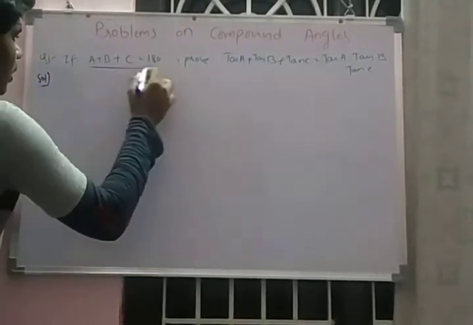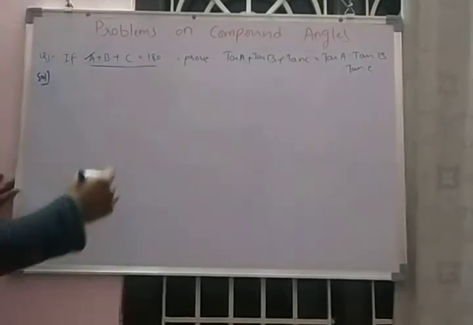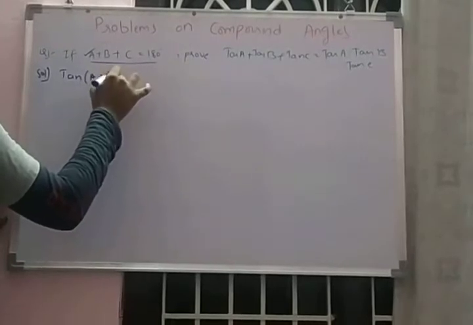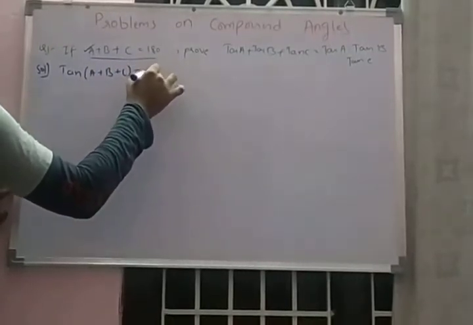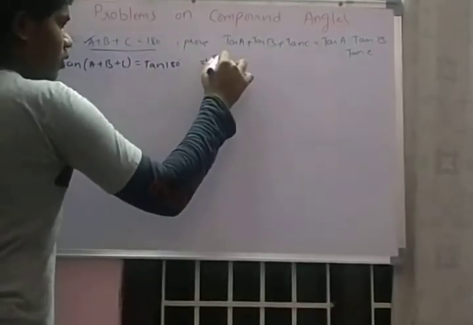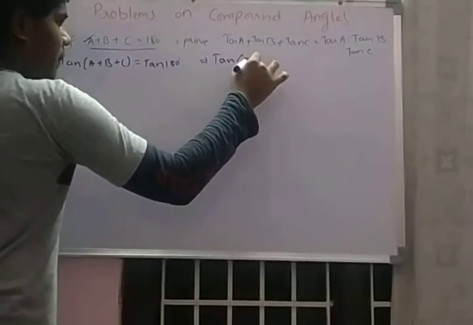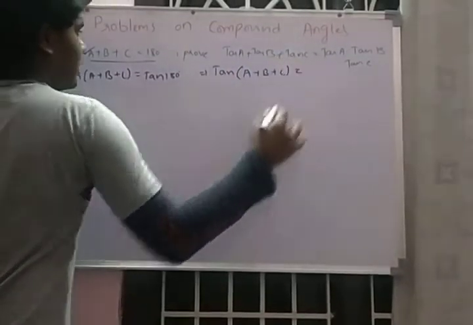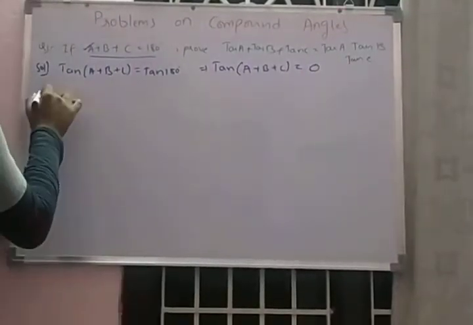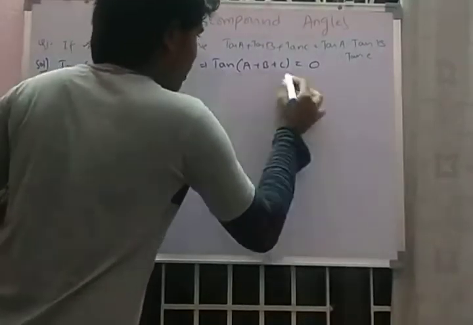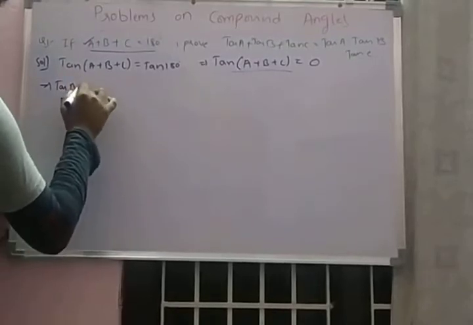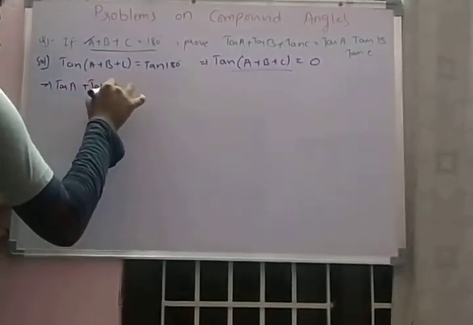Here A plus B plus C is equal to 180 degrees. So take tan on both sides. Tan of A plus B plus C is equal to tan 180. So tan of A plus B plus C is equal to tan 180 degrees, whose value is 0. So now we know that the formula for tan of A plus B plus C, that is tan A plus tan B plus tan C